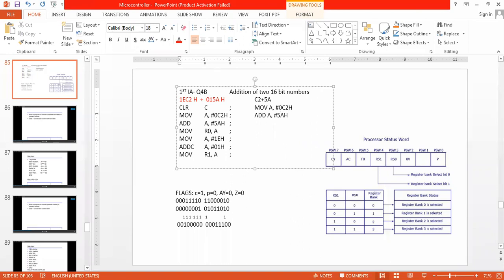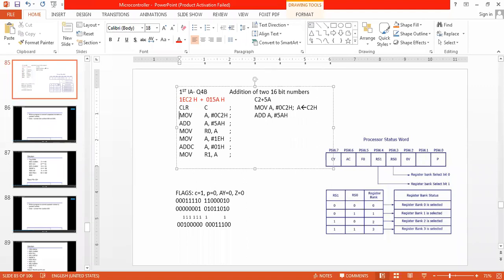Here I am writing a program for only 8-bit addition. So what will happen for the first instruction? A becomes C2 hexadecimal.